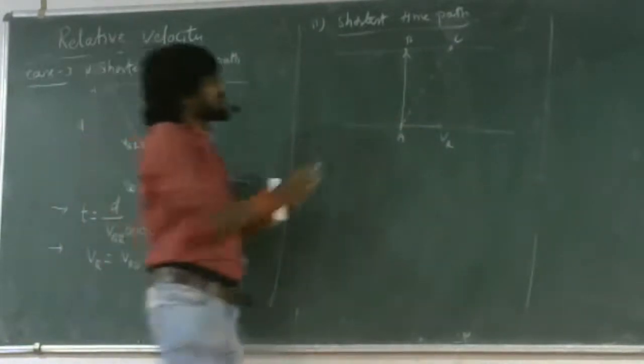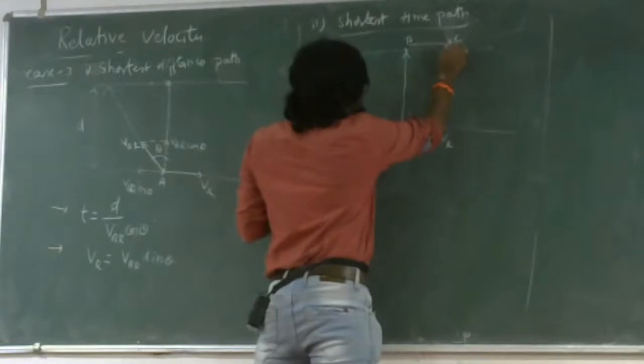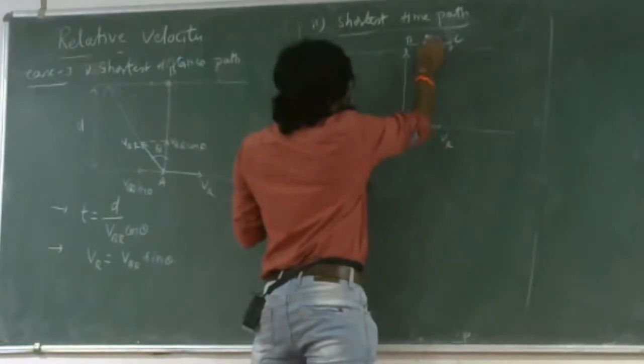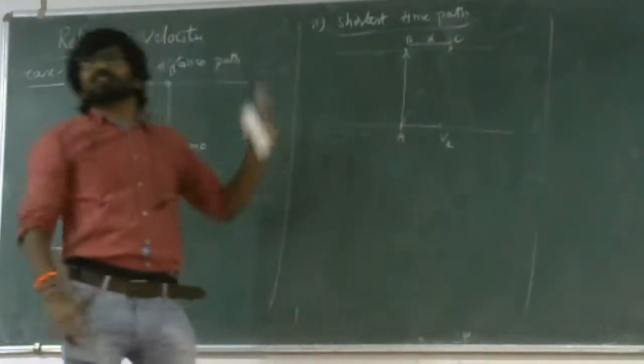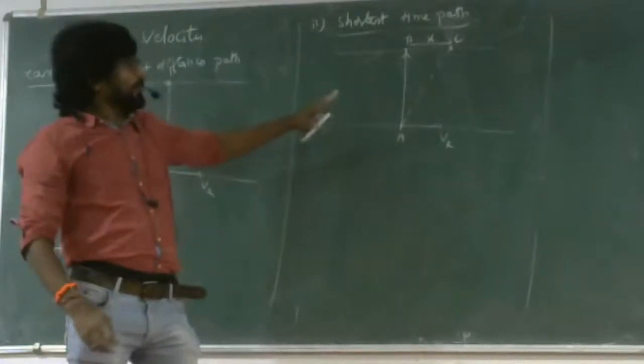That means he has traveled some distance. This distance you can see, BC, is expressed as x. This is called a drift. So in this part,